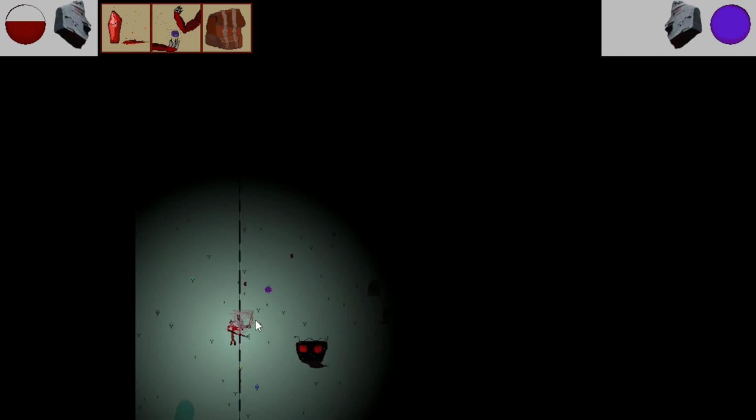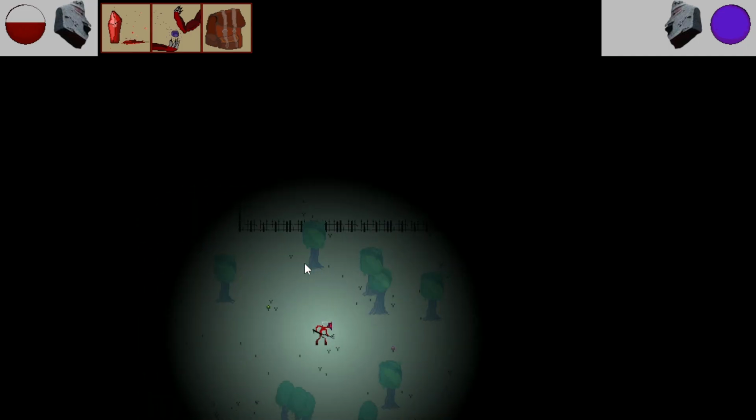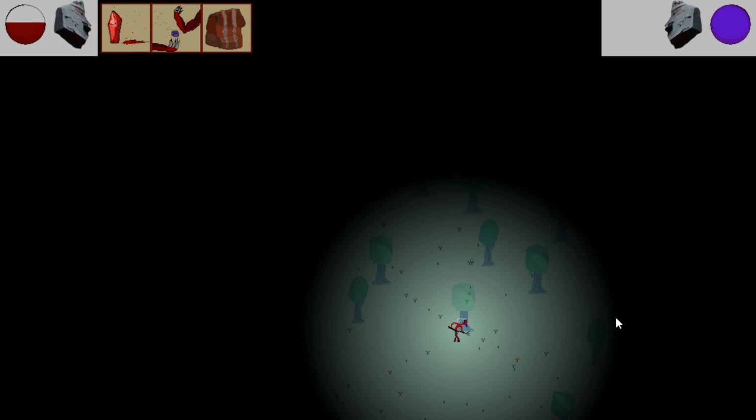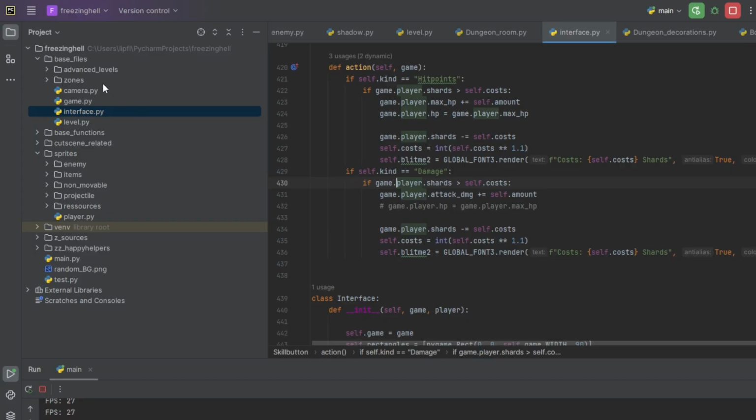I'm thinking the next video will be about the levels, how I built the levels themselves. I forgot the code. Yeah, I'm stupid. So let's move to the code. As you can see here, I organized it like that. Can you even see it? Yes, you should be able to see it.